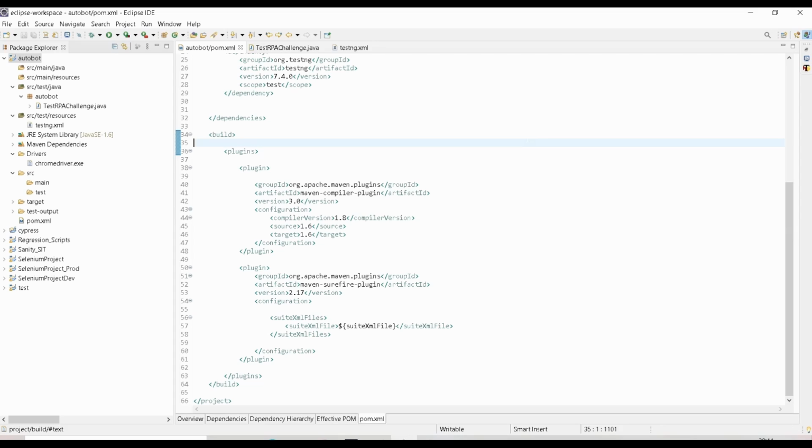Okay, if you are not going to use any of this testng.xml, try to execute it as a Java application. And if you want to get more detailed report, just add the testng framework and create a test suite and try the different phases like Maven build, Maven clean, Maven test, like that. Just try to explore all the different phases.